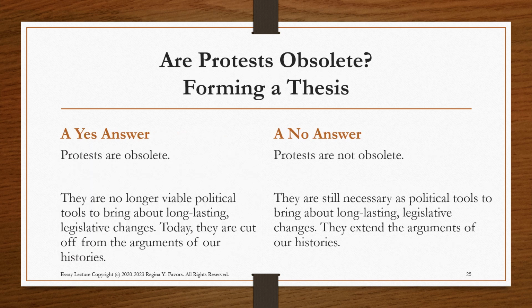So when you're trying to form a thesis to a question prompt, the prompt that has a question in it, and it's this type of prompt, right? It's the obsolete argument. In my English 1301 class, I have another obsolete argument. I think it's the final paper for that English 1301, and it is Are single-sex colleges obsolete, right? And so for this, it's the same strategy. You are answering whether it's a yes or no answer, and you are choosing one, and then you are using the other side as a counter.